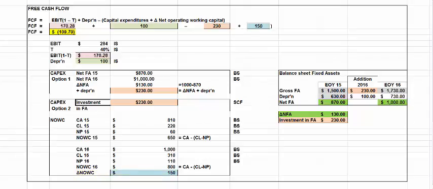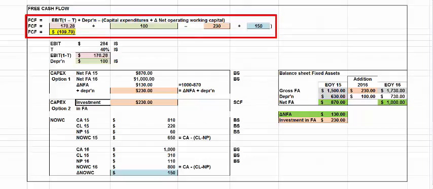Ultimately, given all the components calculated, we can easily find free cash flow. I hope this will clarify how the elements in the balance sheet, income statement, statement of cash flows, and the free cash flow computations work together, specifically how depreciation fits in, when it's added back, and when it isn't.